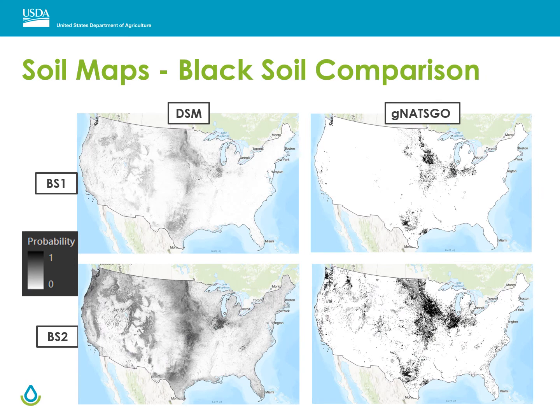On this slide, I have for you a comparison of maps generated for estimating the distribution of black soils. Generally speaking, black soils are equivalent to mollisols, but they're not the same thing, and they're also broken out into two categories. One of the challenges with constructing an estimate of black soils using GNATSCO was that it required data on soil color, which is not present in GNATSCO. Therefore, the dominant soil color from the official soil series descriptions was used, with the help of Dylan Baudet. One interesting feature of this comparison is that the digital soil map includes more forested areas than the GNATSCO map, albeit with a low probability, and has a more diffuse and uncertain prediction.